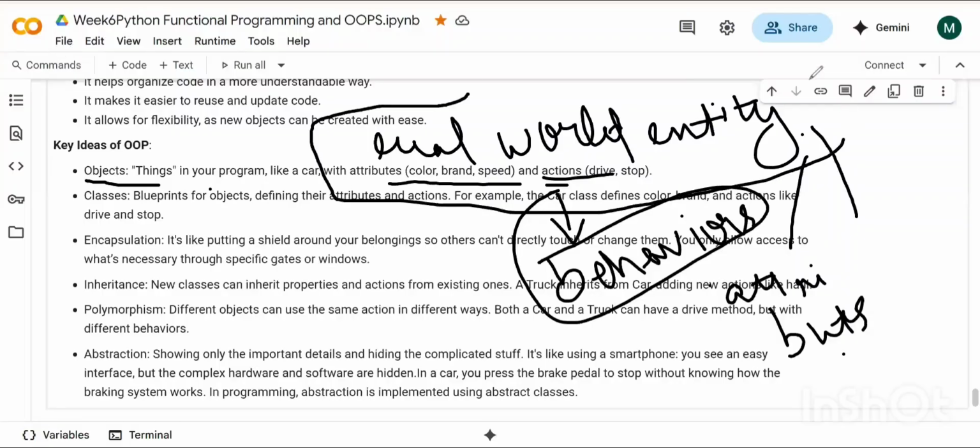A real world entity which has attributes like color, brand, speed, the features of it, and actions, which is also known as behavior. So if I am using behavior word instead of action, don't get confused, okay? Behavior means like starting the engine, driving the car, stopping the car, applying brakes, honking the horn, the action you're performing on the object. So in simple words, object is a collection of data and methods that works together.